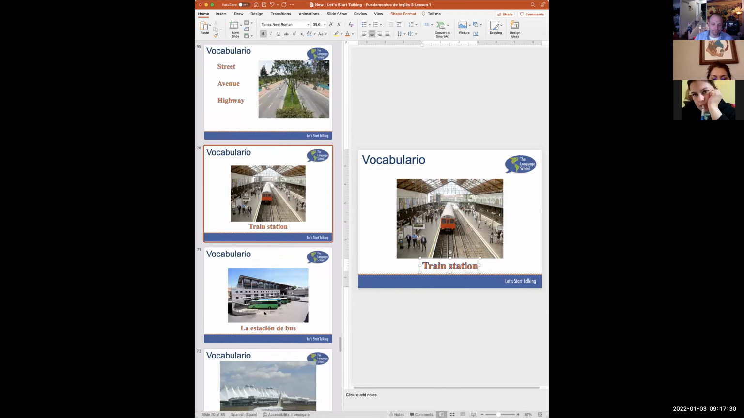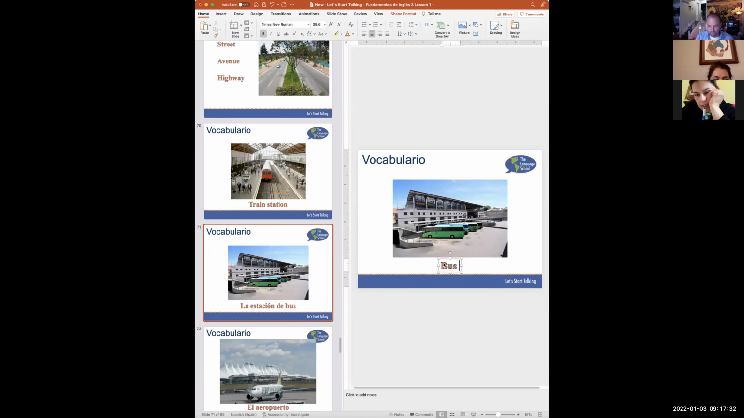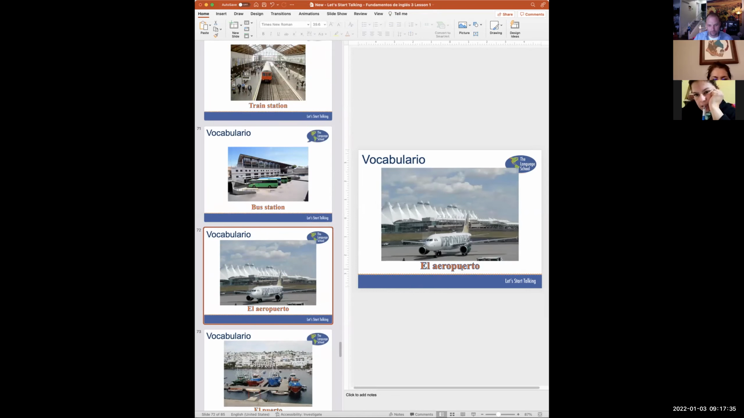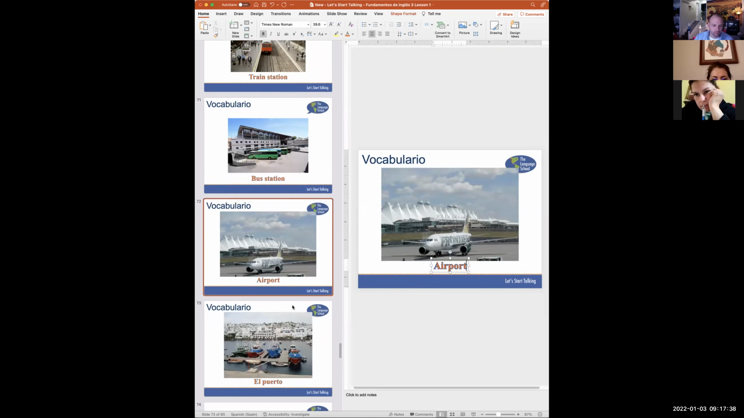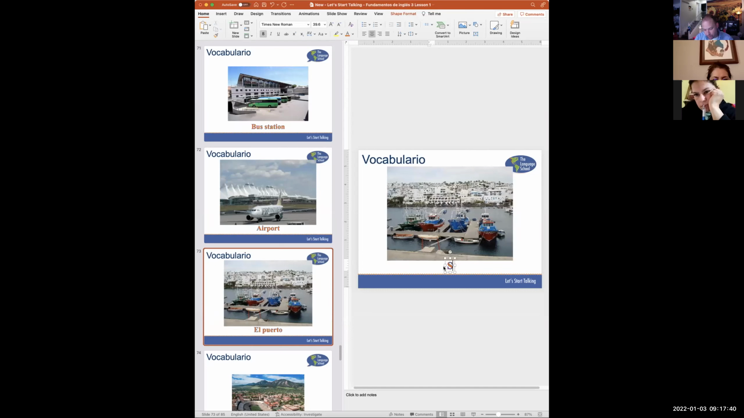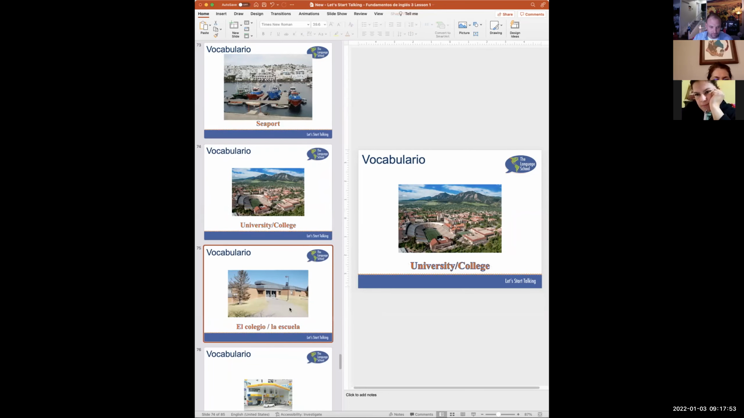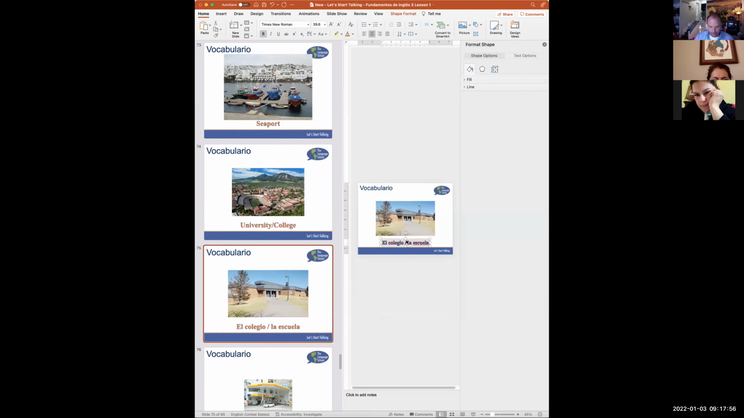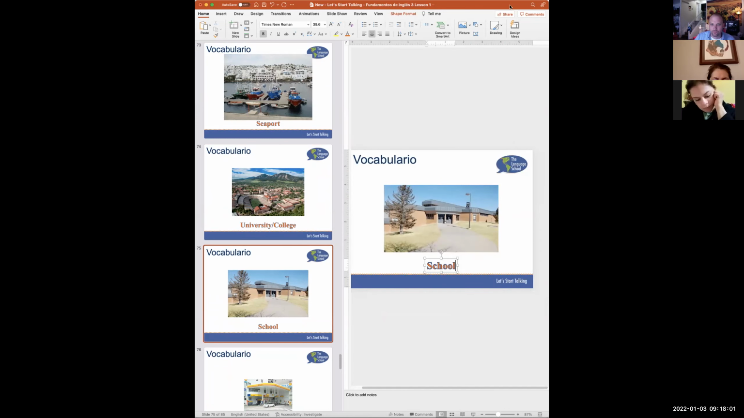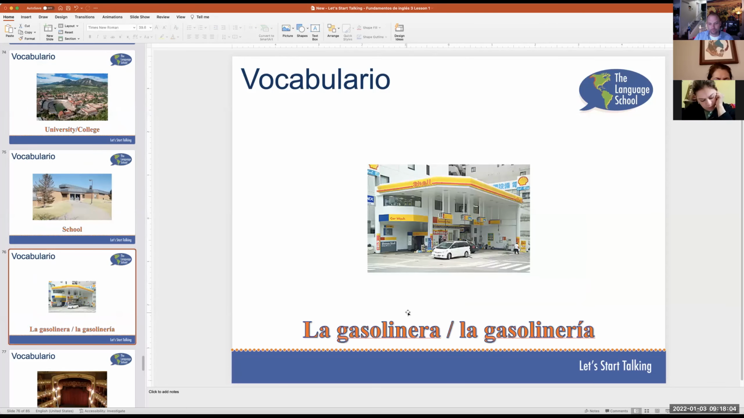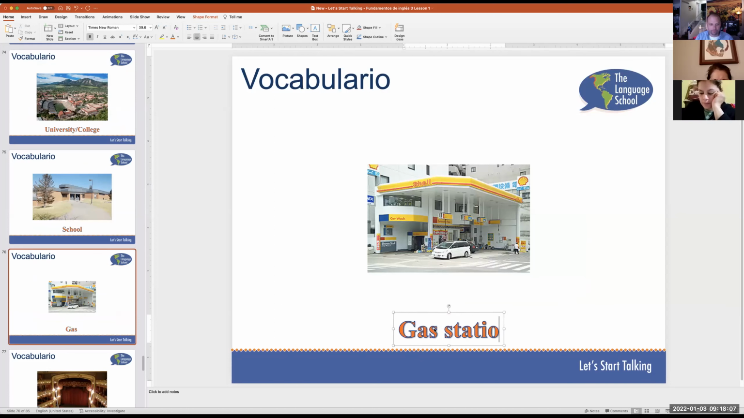Train station. Bus station. Airport. And now we have what we call a seaport. Seaport. University. University, or college. We also say college here. And then high school. School, for any other type of school. Gas station,